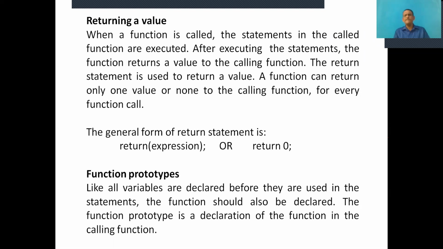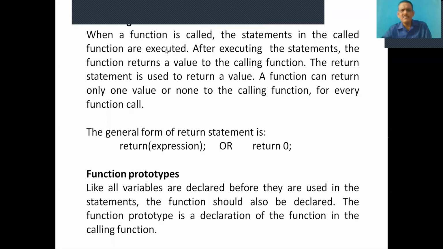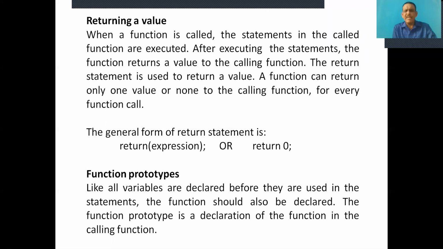The statement return is used to return either only control from the called function back to the calling function, or the return with expression can be used to return a value from the called function back to the calling function.